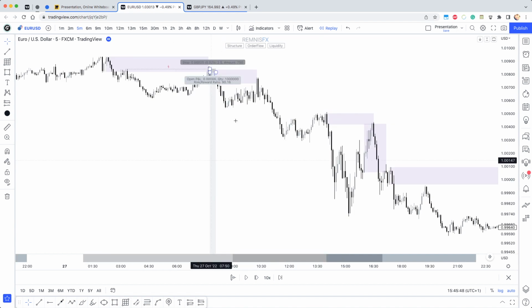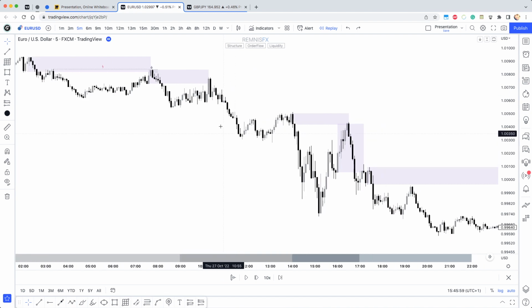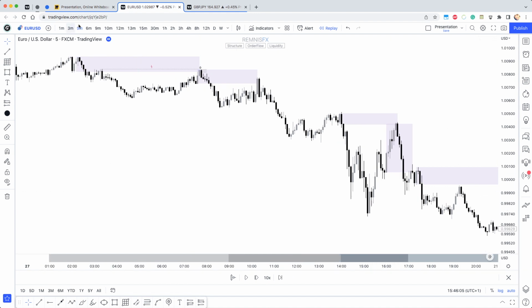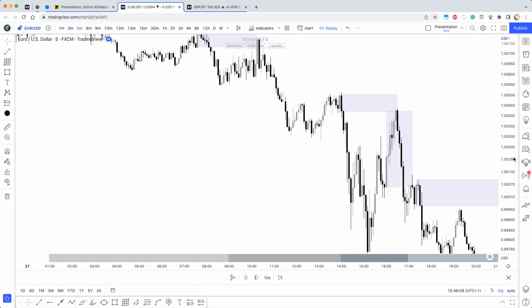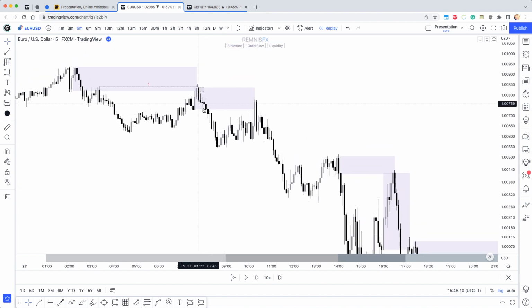So if you go quickly, let me remove this fictional 90R entry. Well, actually, let's keep that one there, right? So now what happened here? The same thing happened again, right? So now we are on the 5 minute time frame. Okay, you see,